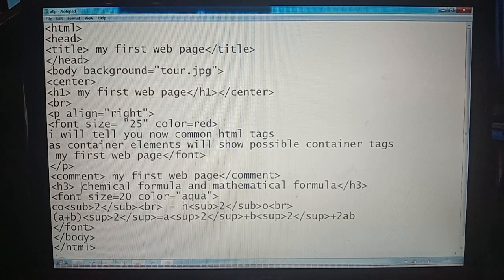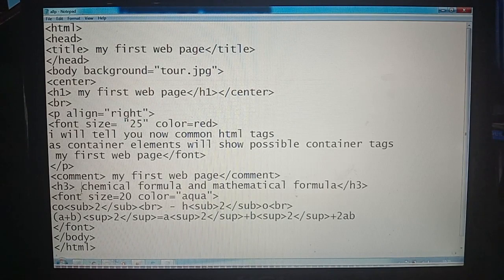Wherever H goes, that same line is called the baseline, and the 2 is displayed below the baseline, and likewise CO2. These are the examples of subscript.